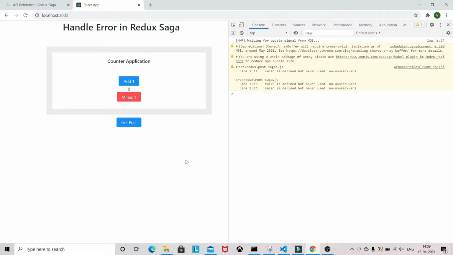Sometimes while making an API call, you might get an error if the backend environment has some issue or is down.